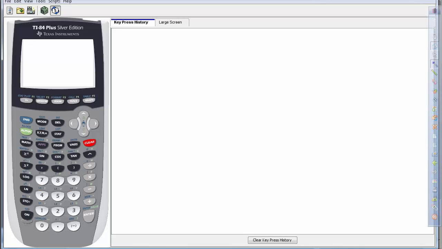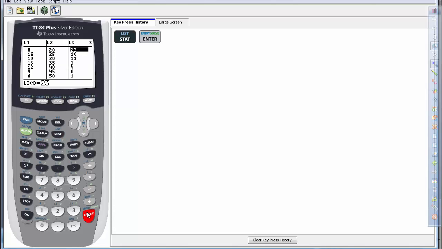All right, on the calculator, first thing, of course, we need to do is enter our data. And I'm going to go to Stat, select Edit. And then I already have in List 2 and List 3 my midpoints and the corresponding frequencies. So you need to put the midpoints in one list, and then in a separate list, put the corresponding frequencies. Once you have that already in your calculator, we'll go back to the home screen,